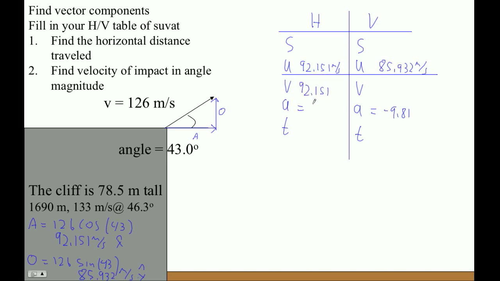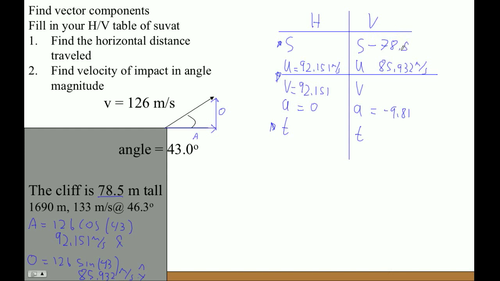And then our final horizontally is the same, 92.151. Acceleration is 0. And then there really is nothing we can do here because there's really this guy, these guys, and this guy, and we don't know two of those. But I do believe, let's see. Oh, our S, we can figure that out. We displace ourselves when we go here to here. We're going to go down